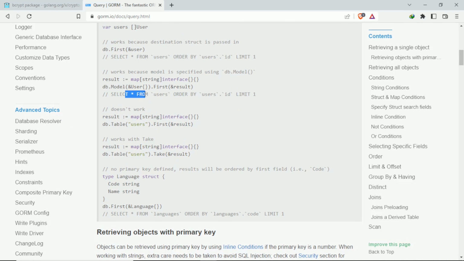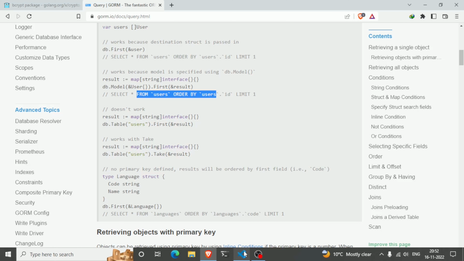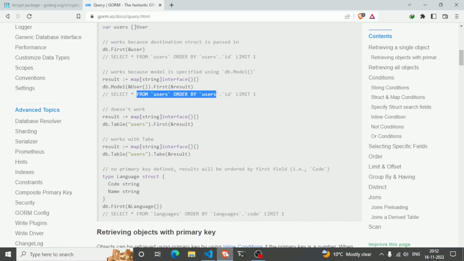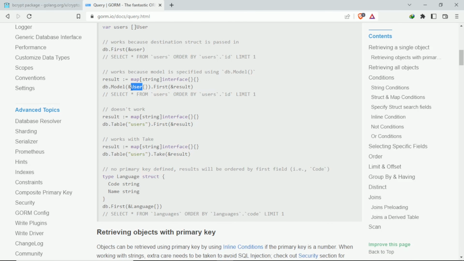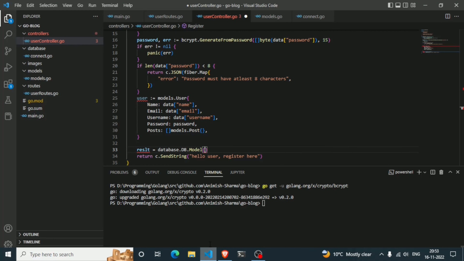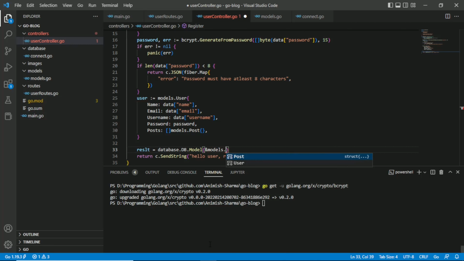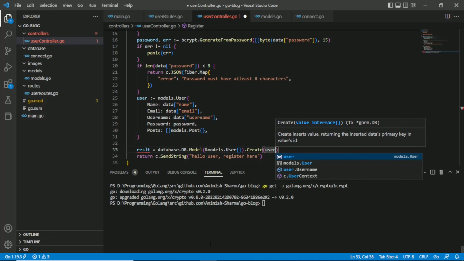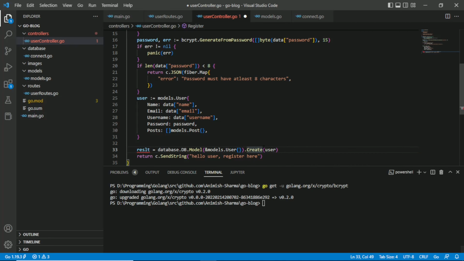So select from users, order by whatever that is. So model basically tells which table is selected here, if there are multiple tables. So to use model, we have to give it a pointer of models.User. We're gonna say models.User and .Create, pointer of create, pointer of user,